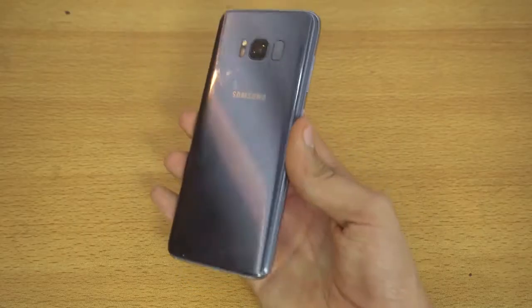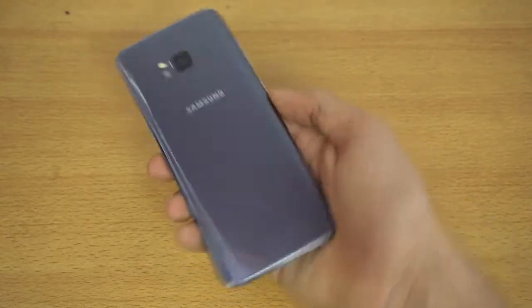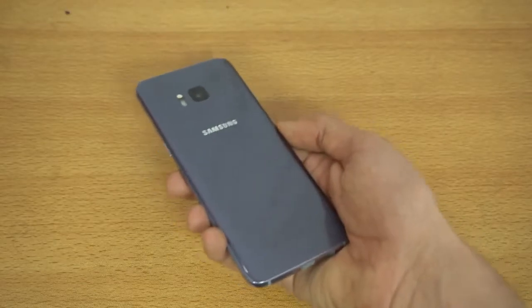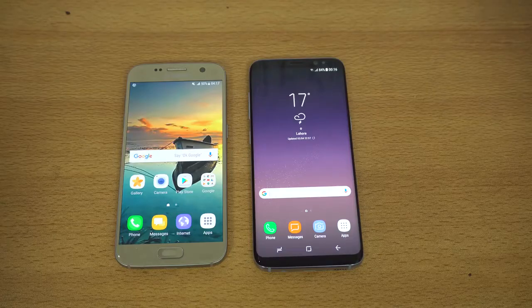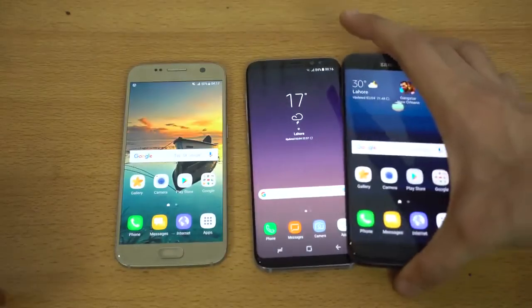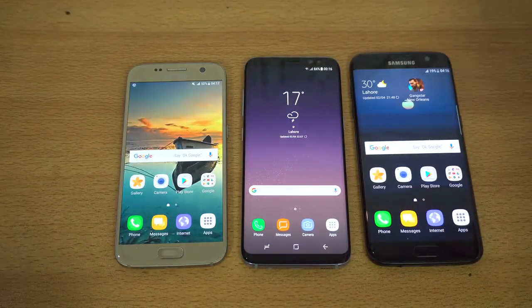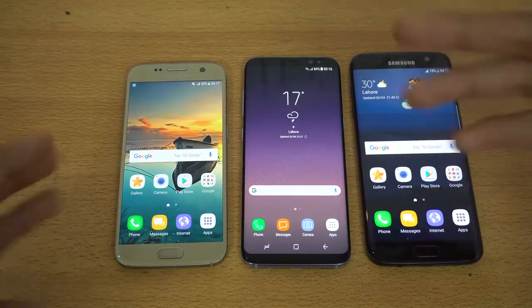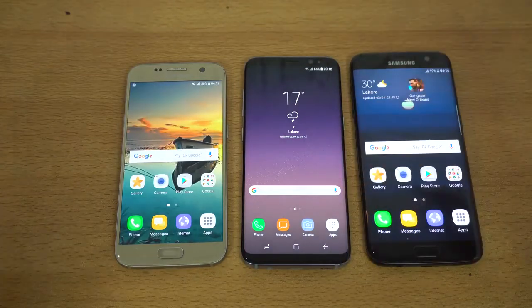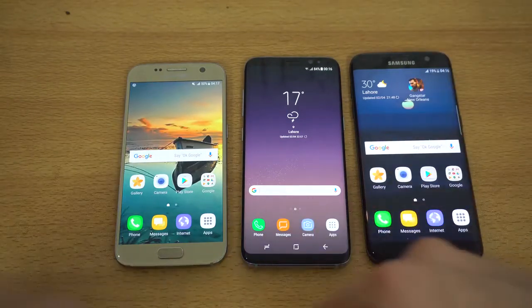And this is actually the orchid gray color, so it looks super stunning and it kind of has this purple look to it in some lighting conditions. Okay, so the main question that I'm getting from you guys all day long is, is it worth upgrading from the Galaxy S7 to the S8 or from the Galaxy S7 Edge to the S8 or to the S8 Plus? So the answer to that question is yes, it is worth upgrading from the Galaxy S7 Edge, the S7 family, or if you have any other Galaxy S6 or S5 model, it is absolutely worth upgrading to the S8